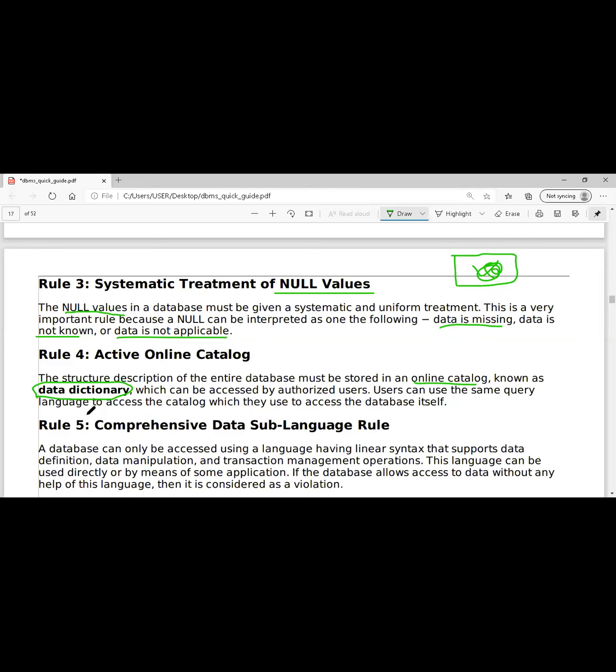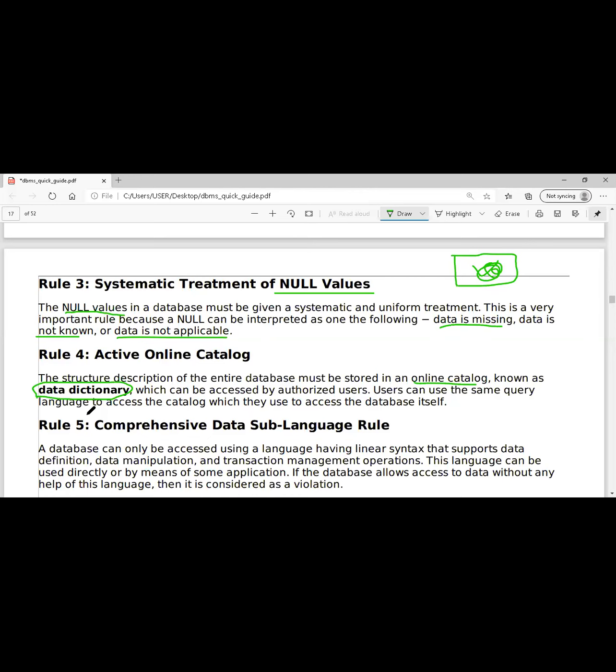Then if you see the puri, the cost will be given, for one plate 2 puris, or for one plate 4 puris. They clearly mention it. That means instead of going into the depth of everything, I see the catalog and I can analyze that. In a similar fashion, an active online catalog should be provided for authorized users. Authorized users means others cannot use it; only those who have the permissions can use that particular data dictionary.